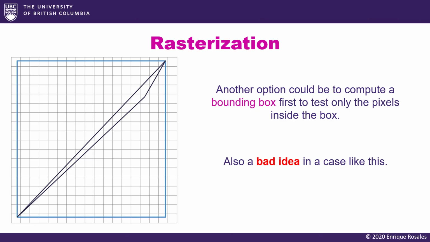And probably you'll say, hey Enrique, but you told us that in computer graphics we usually avoid this type of triangles, right? That we usually have triangles that have a better shape, and this is a very ugly triangle, right? So if we are avoiding those types of triangles, why can we have something like this? Well, remember, this triangle that we are seeing here is a 2D projection of a triangle that is actually in 3D, right? So let's imagine, for example, that this point and this point are at the same depth,